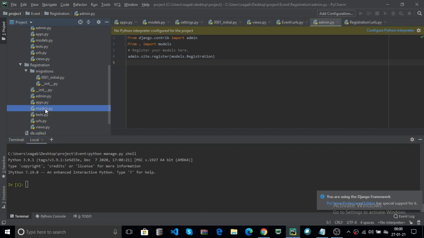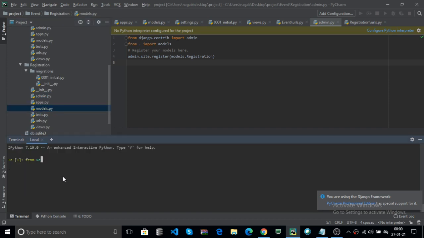From registration, in that models, that means in the registration package, models is one module. From that import your model name, that is registration, and hit enter.